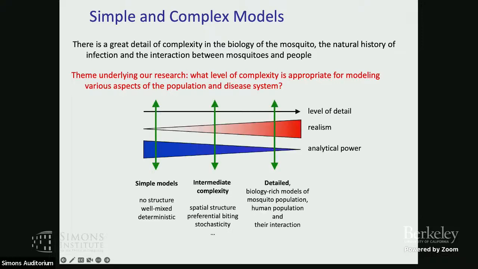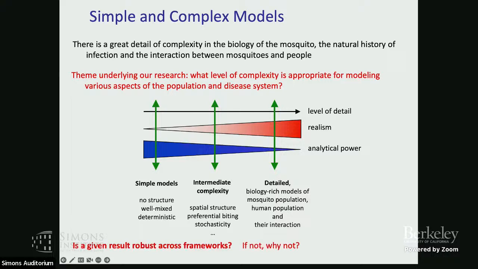And of course, this is a standard question in population modeling, simple or complex models. This debate goes back in population ecology to the late 60s, early 70s. We all know the pros and cons of having simple models where we can do math, but they neglect lots of reality. And then you can go all the way through to having detailed individual-based models, where you typically can't do math and all you can do is pretty mindless, tedious simulation.